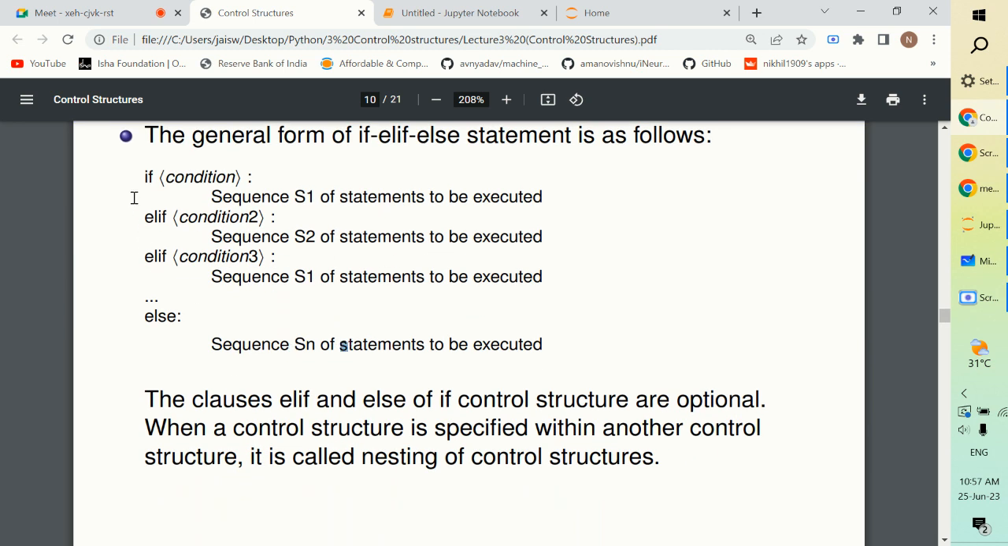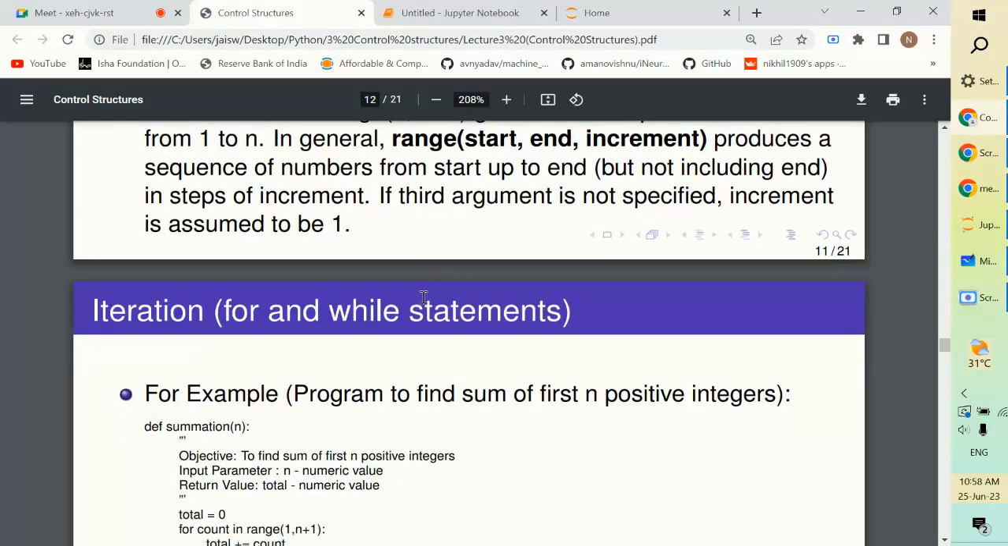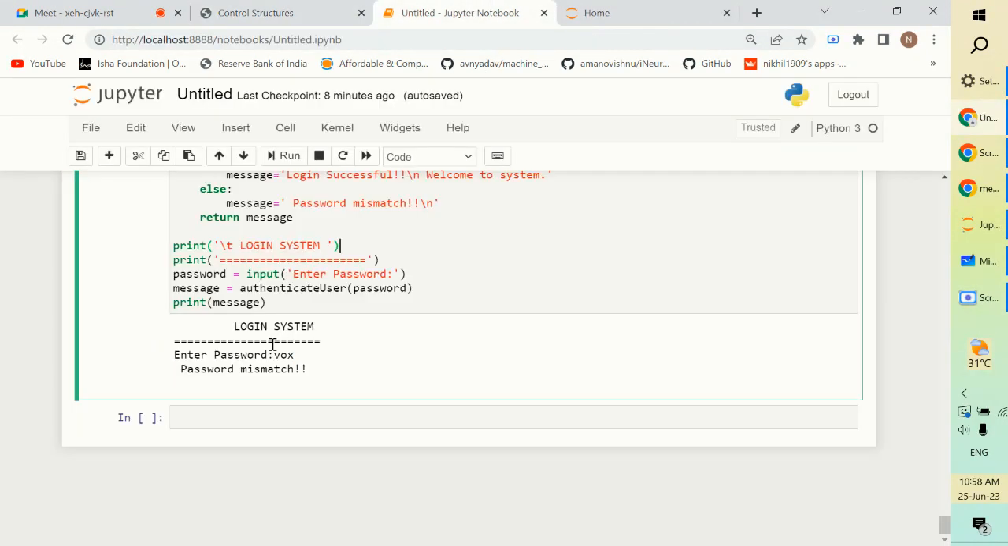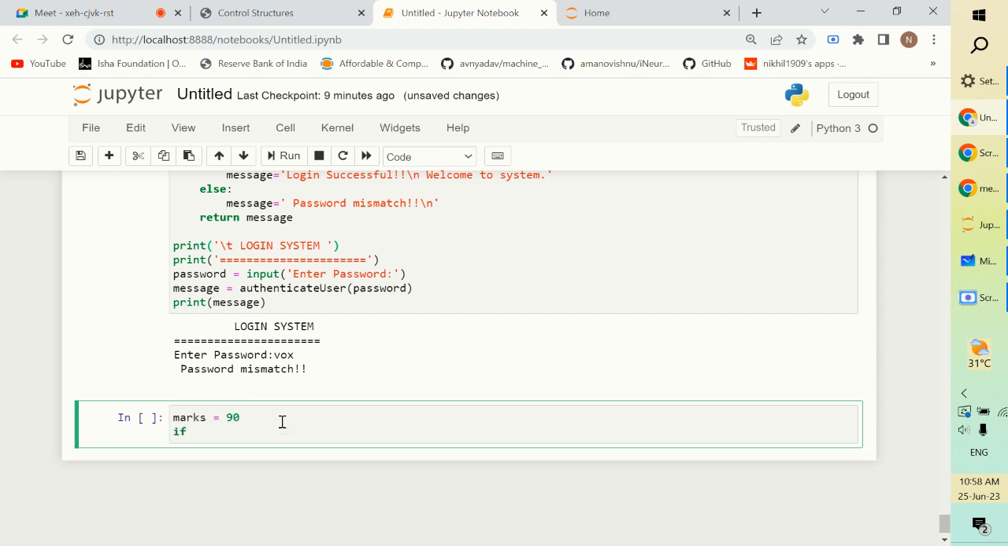Now there is another thing: if, elif and else statements. Initially we studied just the if condition, then we studied the if and else condition. Now we will be studying the if, elif and else condition. So let's see what is if, elif and else. Let's say first of all I'm entering the marks. Let's say marks to be 90. Now I'm using this if condition: if marks is greater than or equal to 90,